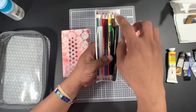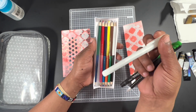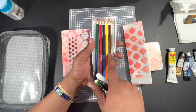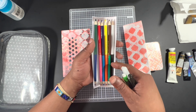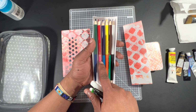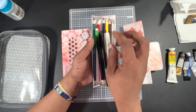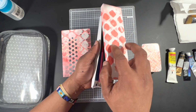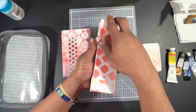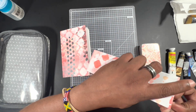And in this box, I have a black fine liner, a pencil with an eraser, and a white gel pen. There are 12 color pencils, actually 6 pencils, but they're duo pencils, so it's 12 colors. That is by Prang. I have those in order to enhance some of the compositions I do on the go, or to just stitch and draw with if I choose to. So we're going to put the top back on that. And then there's one final thing that I'm going to be putting in the kit,